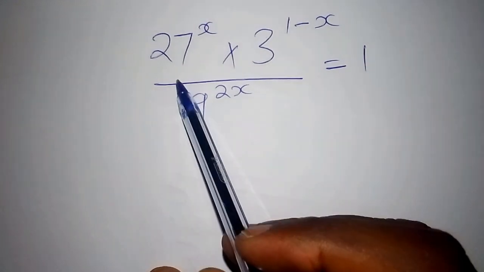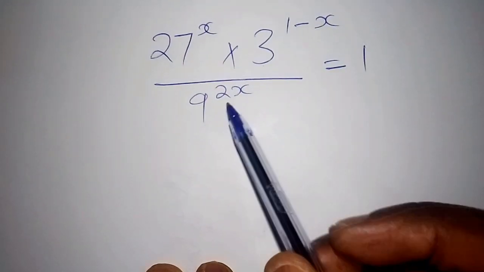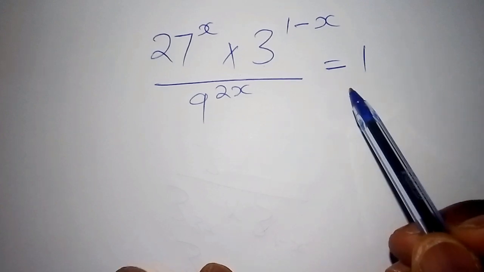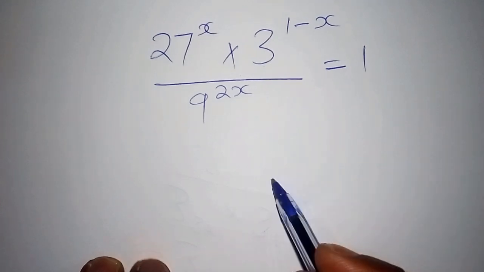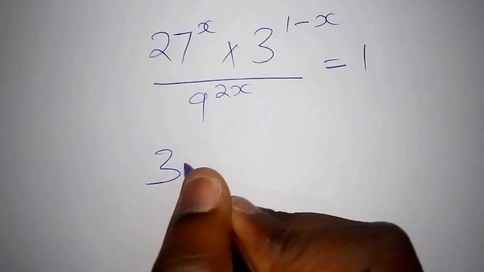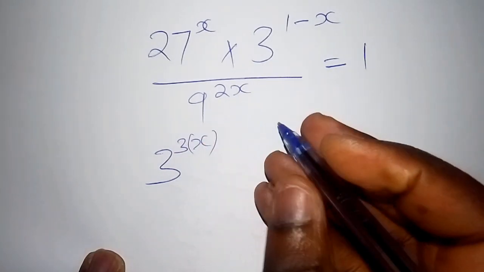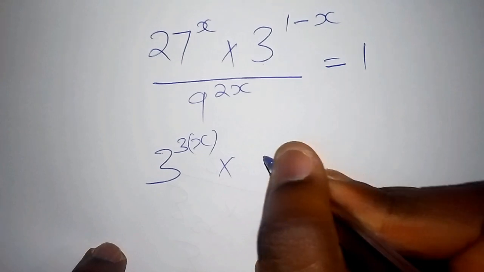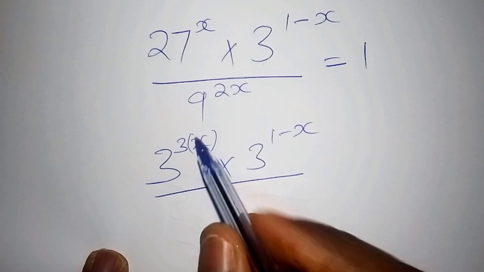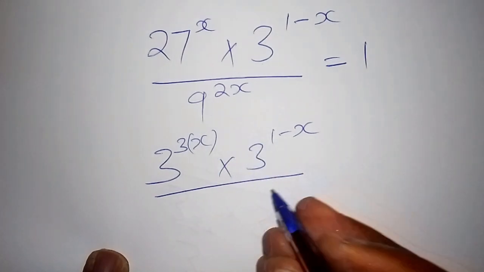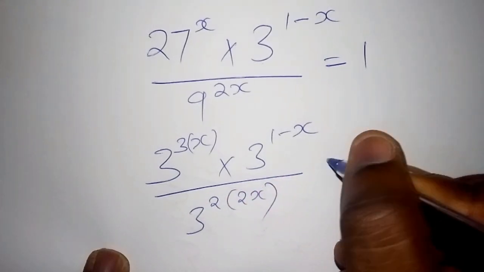So we have 27 to the power of x multiplied by 3 to the power of 1 minus x, all over 9 to the power of 2x, is equal to 1. The first thing you need to do is change 27 to the base of 3, so that one now shall be 3 to the power of 3, into bracket x, multiplied by 3 to the power of 1 minus x, all over. When you change 9 to the power of 2x, we shall have 3 to the power of 2, into bracket 2x,